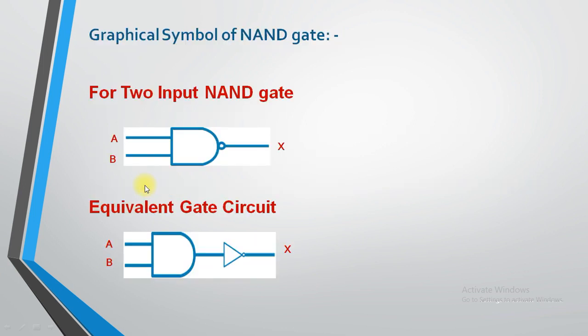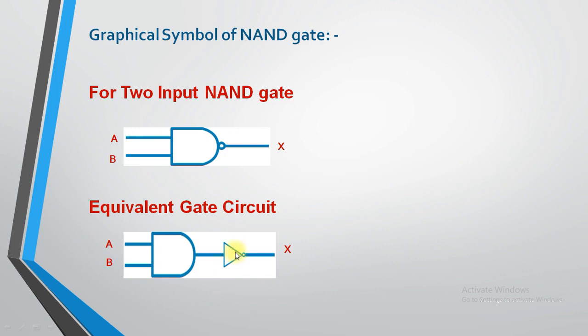Now this is the circuit related to the NAND gate for 2 inputs. As I have told you, we will not see 3 input variables after this for the universal gates, right? So we will only consider 2 input values. Over here A and B, this is the symbol of the AND gate. I have put one bubble over here, which represents the inverter or inverse of this particular gate. If you want to draw the circuit like this, that is okay.